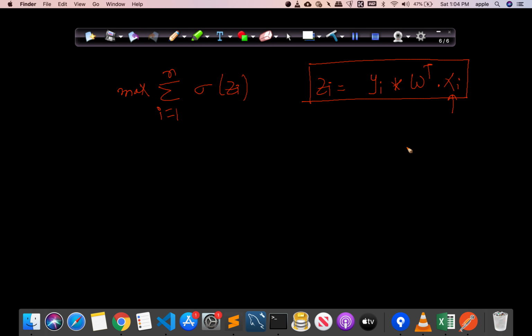Suppose it is a phone, then this xi will contain the screen size, the battery, the chipset that it is using, whether it supports 5G or not, whether it is dual SIM or not, how much RAM is there, how much ROM is there, everything. So this will contain actual values. Just note that. Now I will derive the final equation, and before going to that, I will introduce you to a concept.